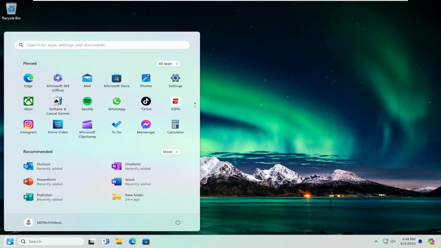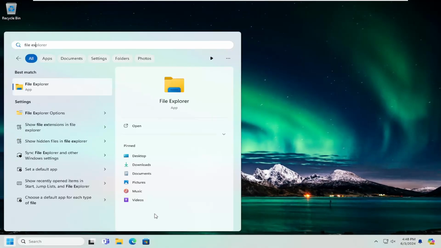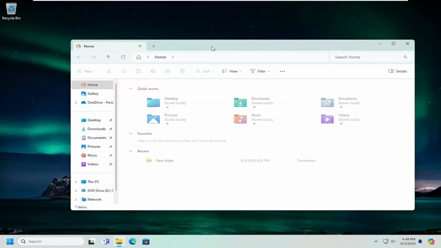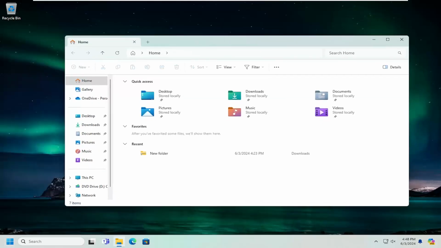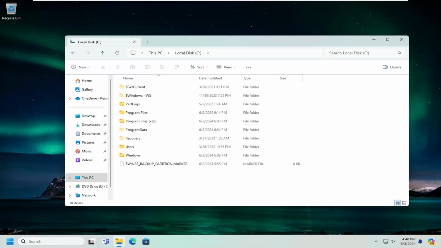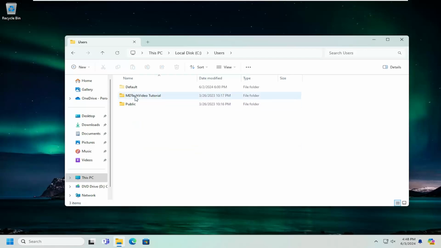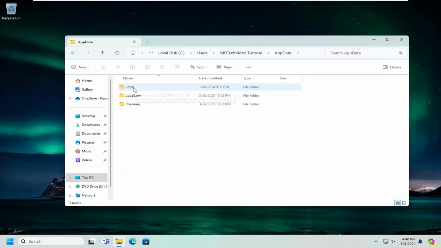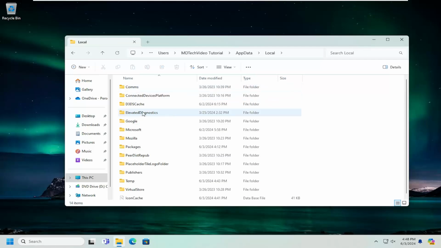Open up the search menu again, or just select the File Explorer icon in your taskbar, and just search for File Explorer. Go ahead and open that up. And now that we're in here, we want to go and select This PC on the left panel. Double-click on your local disk where Windows is installed, so double-click on that. And now you want to locate the Users folder, double click on it, double click on your user account name, and then double click on the AppData folder, double click on Local, and then there should be a Packages